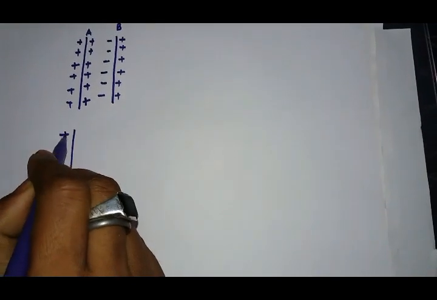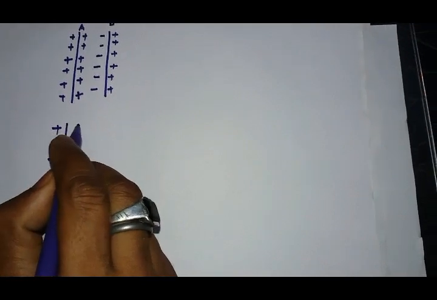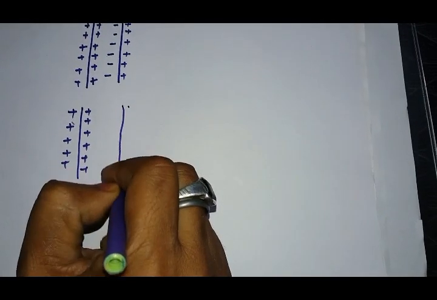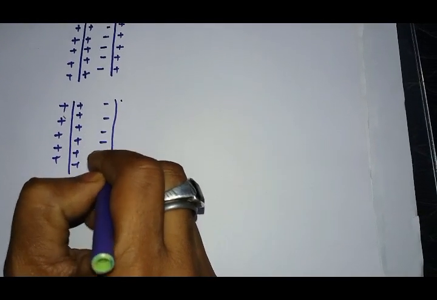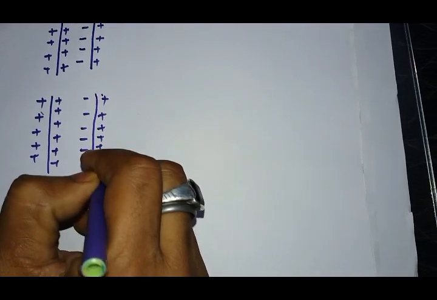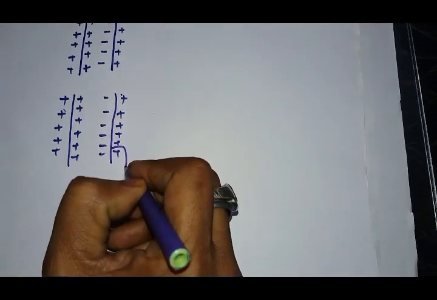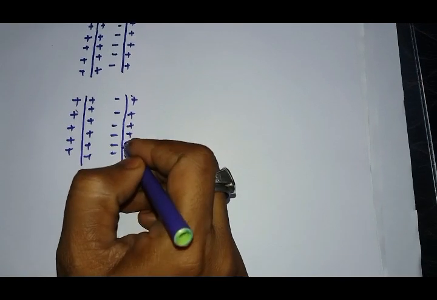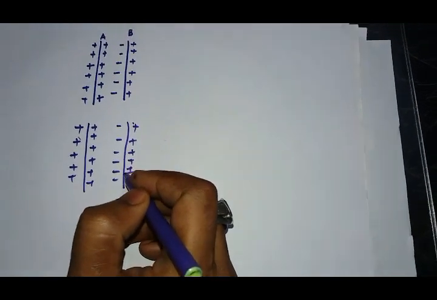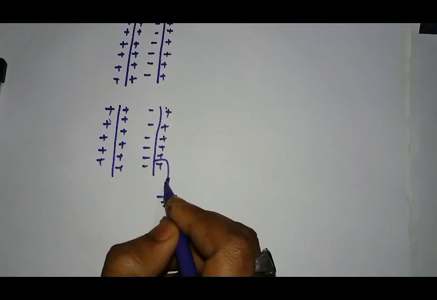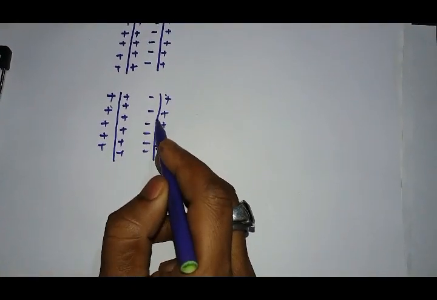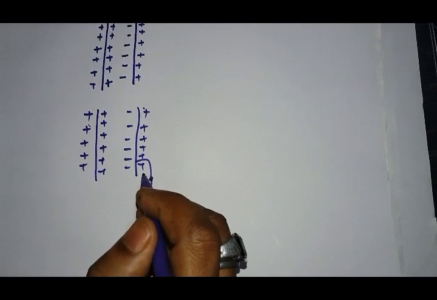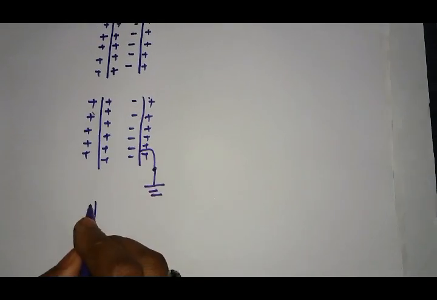Now connect this plate B with the earth. Then this induced positive charge will be neutralized by the electrons coming from the earth. As soon as we connect it to the earth, the induced positive charge gets neutralized by the electrons of the earth, and finally we will get